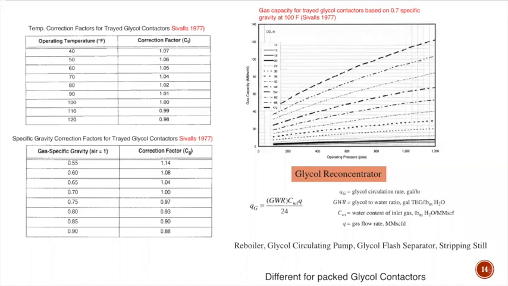So this is decided by how much water in pounds you want to remove, and based on that you have to multiply the amount of glycol that you are going to use. And CWI is the water content of inlet gas. Q, that is the gas flow rate that we have just calculated in the previous slide, divided by Q. So this QG is a very important term which is used to design various equipment which are used after the gas contactor, right?